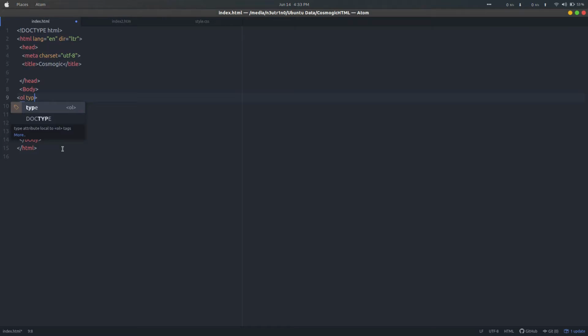We can also change the type of this ordered list. We have five types. One, where we want numbering to be 1, 2, 3 and so on. Two, a small a, b, c. Three, a capital A, B, C. We can also have the Roman form, i, ii, iii, and the capital Roman form. Likewise, I will show you here.